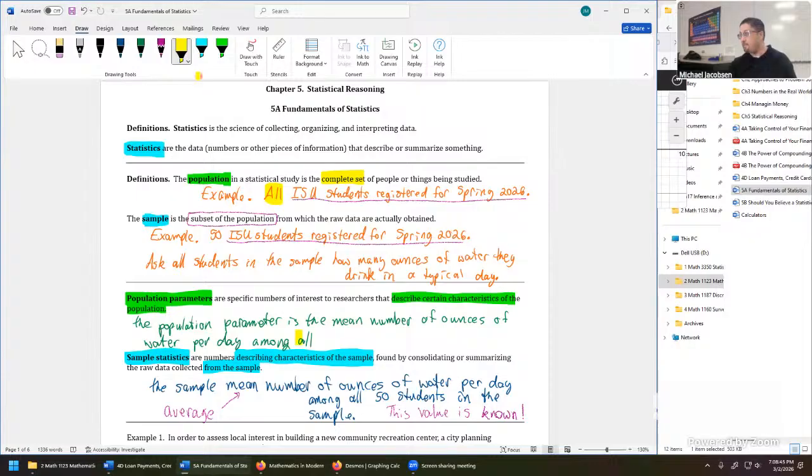When we talk about the parameter, we're referring to the population, which is everybody at ISU. So we need to say and really emphasize among all ISU students